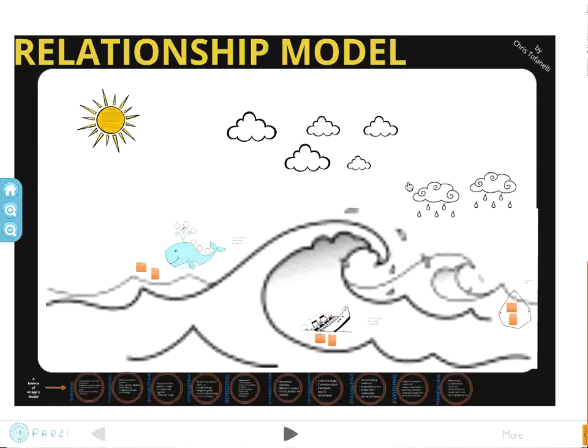Okay, so in my interpersonal communication class, students can write an essay for their relationship model, or they can create a PowerPoint, or they can create anything they want. I tell them they can do any medium they want. And after doing a couple other things in Prezi, the student decided to do his relationship model in Prezi.